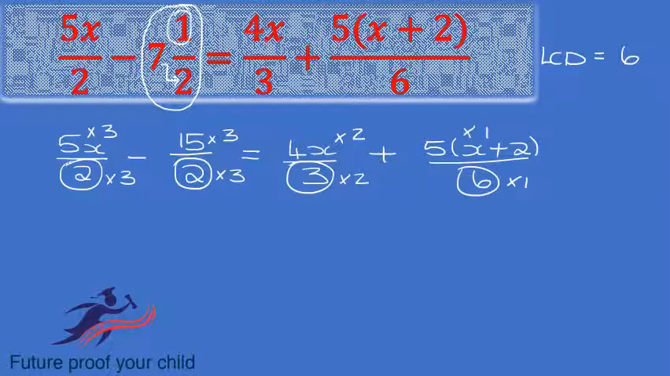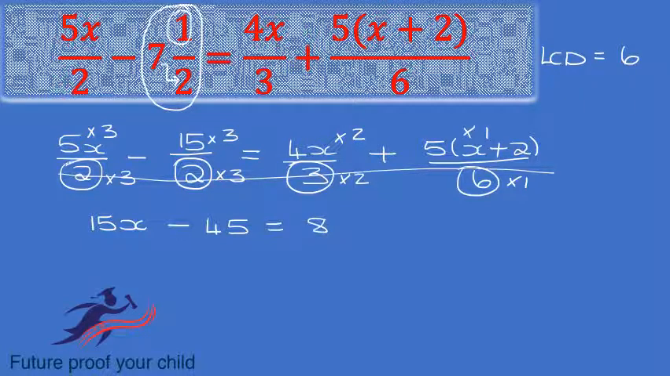So then you can ignore the denominators. So 5x times 3 is 15x. Minus 15 times 3 is 45. And then 4x times 2 is 8x. And if you multiply by 1, it just remains 5 times x plus 2. So I'm just going to keep the left. 15x minus 45